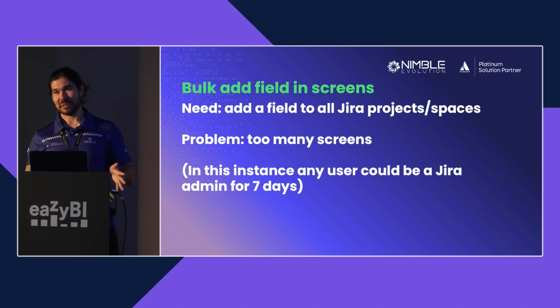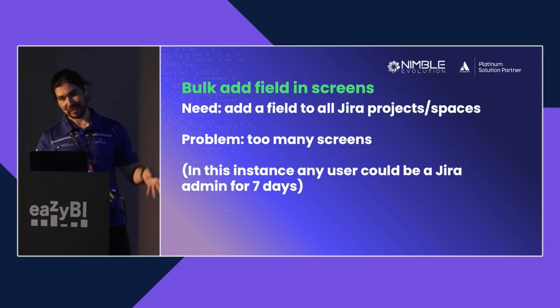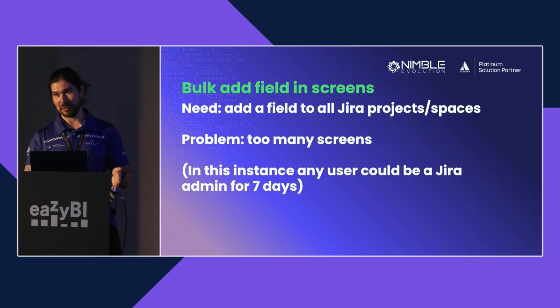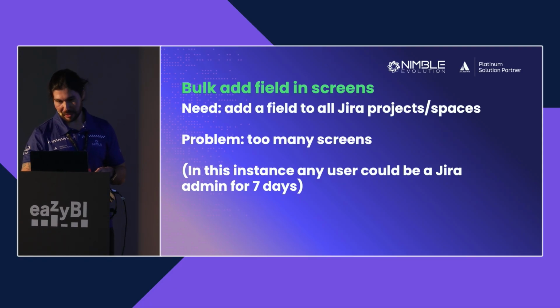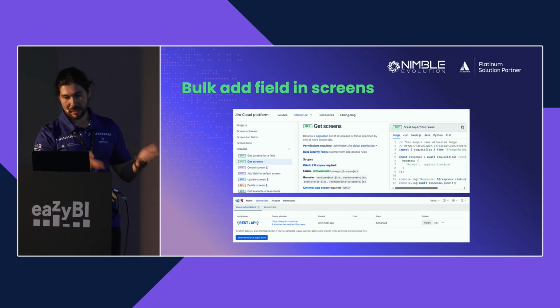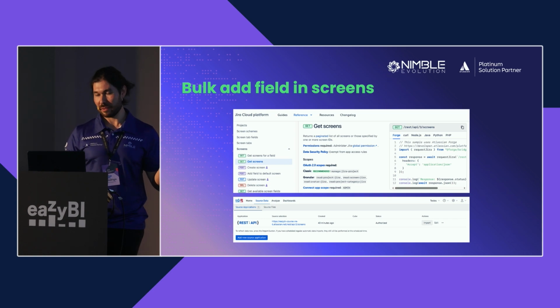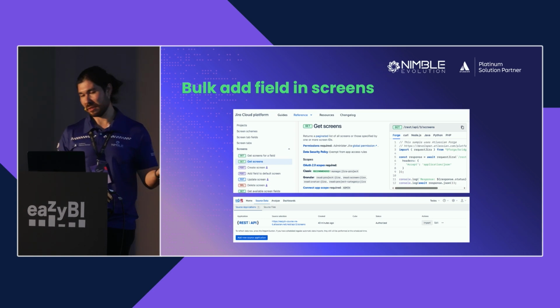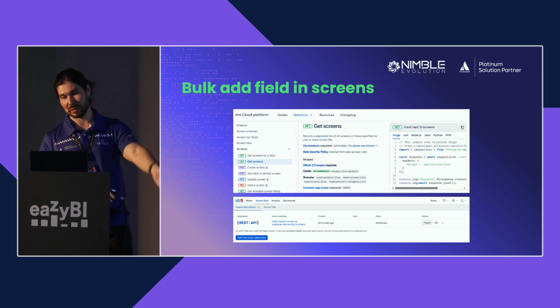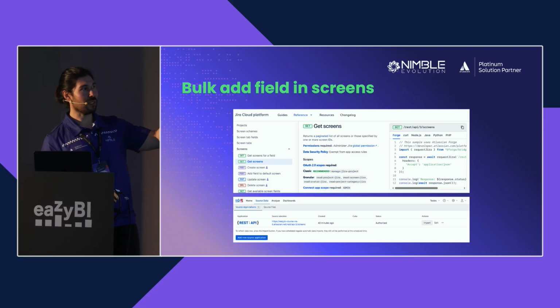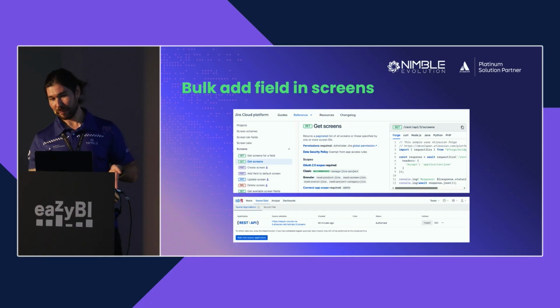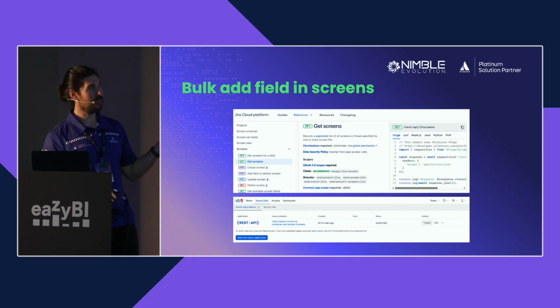But as time was sensitive, we needed to firstly add that field into all the projects, and then we could understand better and do the proper solution. So for that scenario, adding the field in the screen is easy, but when you have to do it multiple times, it can take very long. So we found out that we can do it through API, and there's an endpoint for Jira